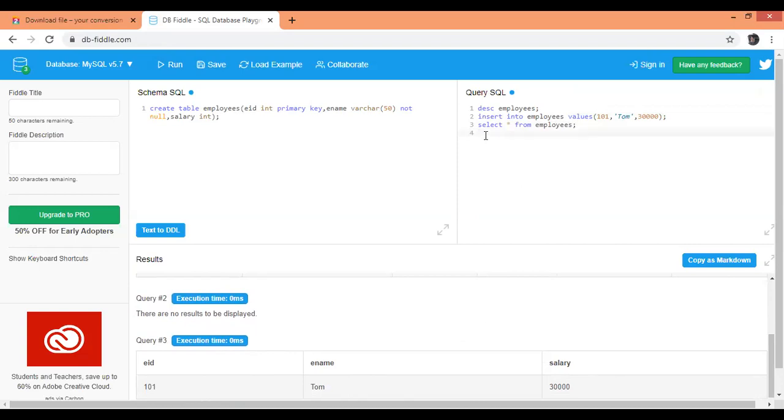Now let me try the second method. Insert into employees, and mention the column names, whichever I have: EID, ename, salary.